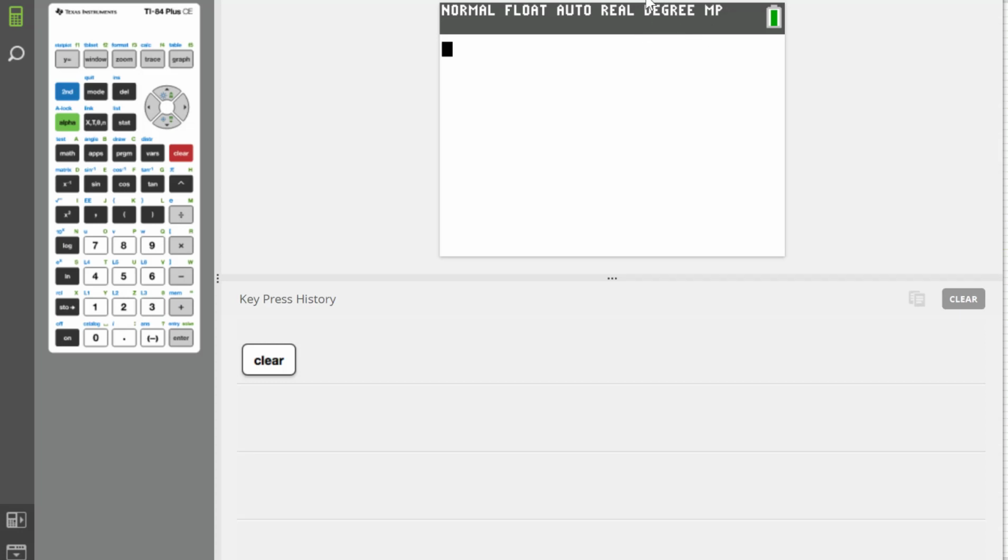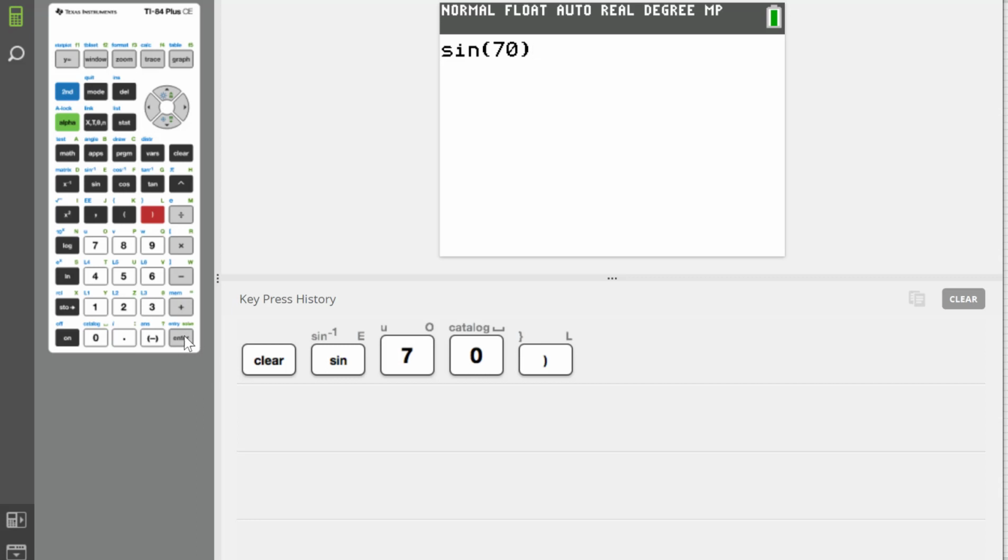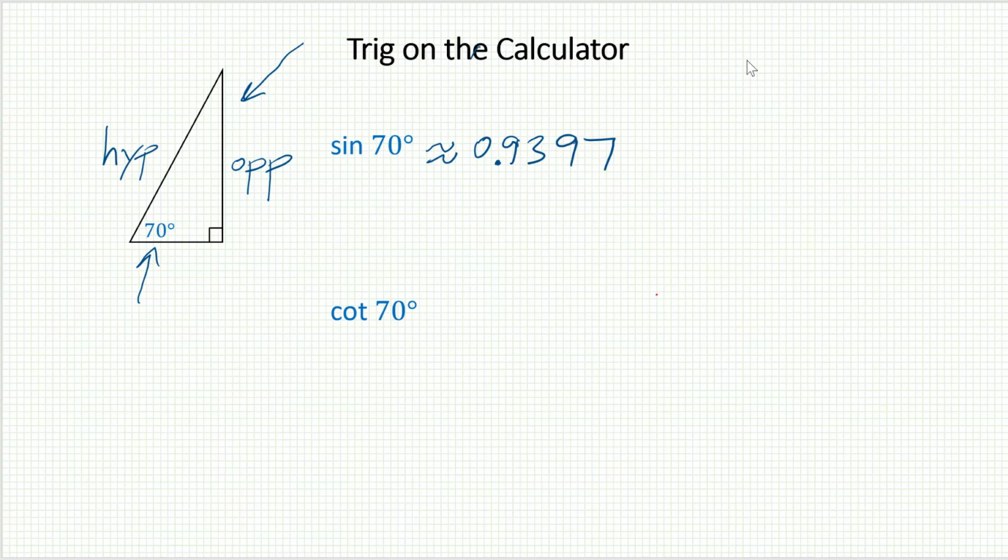It looks like I'm in degree mode, so that's good. And all I have to do, the sine button is right here, SIN, is type the sine button, fill in 70. The calculator understands this to be in degrees because I'm in degree mode. Close my parentheses, hit enter, and the value I get to 4 places is 0.9397. I'm using squiggly equals here for approximately, so we have sine of 70 degrees is approximately